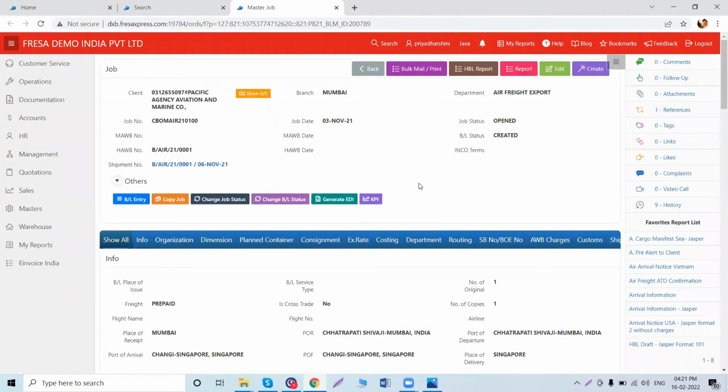Hope now you got an idea on how to search for a job by truck number using the quick search option